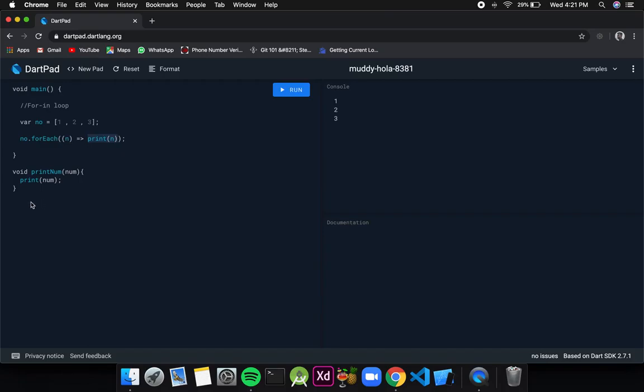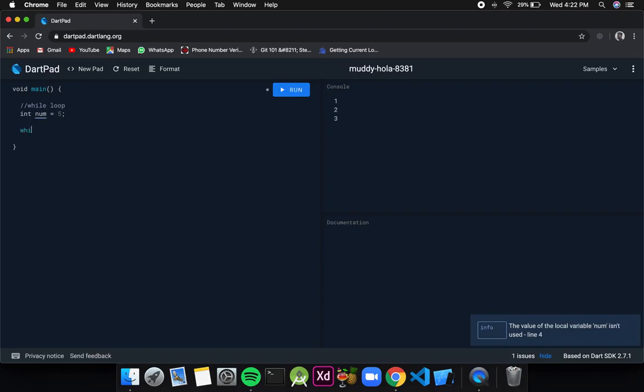Now the next type of loop is while loop. So for that I don't need this function. Now I'll create a variable, integer type variable num, and initialize it to 5. And now I want to run a loop while num is greater than 0. So to run a while loop, the keyword is while, and now over here I'll just simply